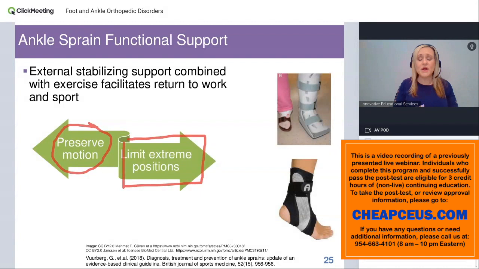When we look at the clinical practice guideline, for example, from the American Physical Therapy Association, 73% of individuals are at risk for respraining. So we need to restore that proprioception in order to decrease that risk. There might be some benefit to prophylactic